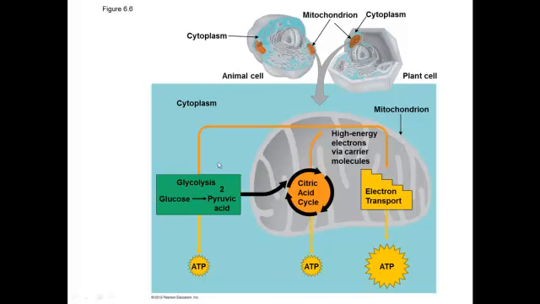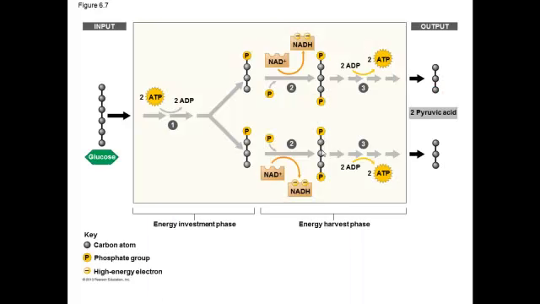But now we'll just look at glycolysis, because this can lead to either aerobic respiration, like this picture shows, or anaerobic respiration, which is also called fermentation. This occurs in animal cells, in muscle cells, as well as in many microorganisms. So this is an overall diagram to get you familiar with the process of glycolysis, with a key at the